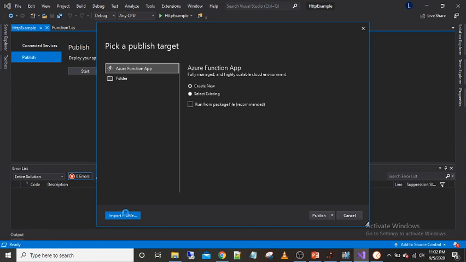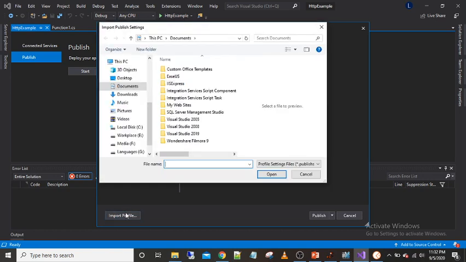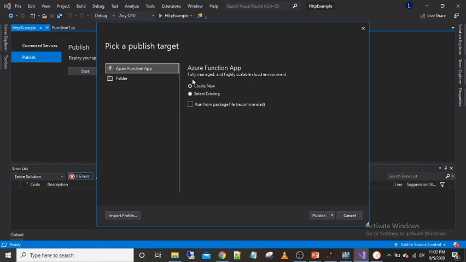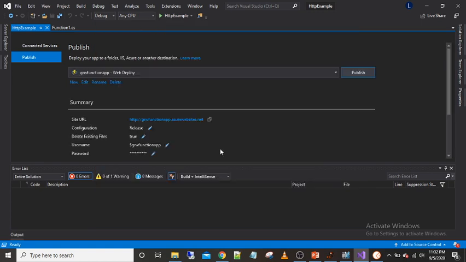If I click on import profile, and if you see in the download section, you will have this publish setting file that we have downloaded from the portal. So I'll just import that profile. Now if you see, we are deploying to our function app. So if I just click on publish,